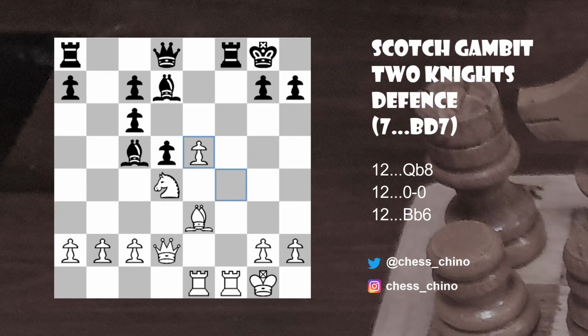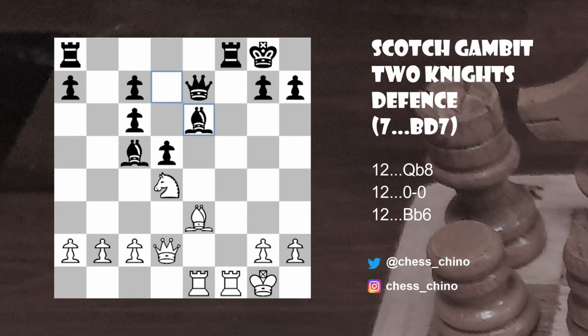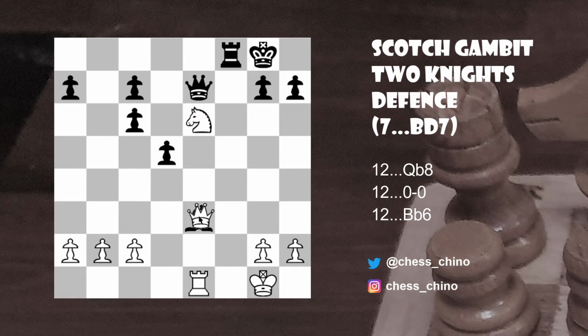One try for black would be something like queen to e7, attacking the e5 pawn. But the tactics work for white in this position, so pawn to e6, voila. Now, the point here is obviously that bishop takes e6 isn't possible, because after that move, white would have rook takes f8 check, and play that move first, and after say something like rook takes f8, knight takes e6, when the queen can't capture on e6 because of bishop takes c5,